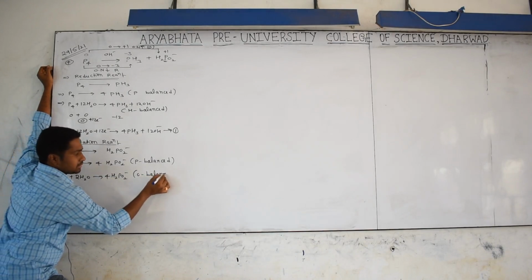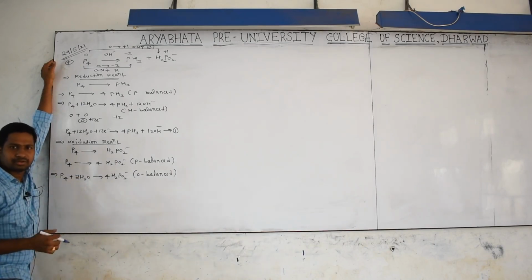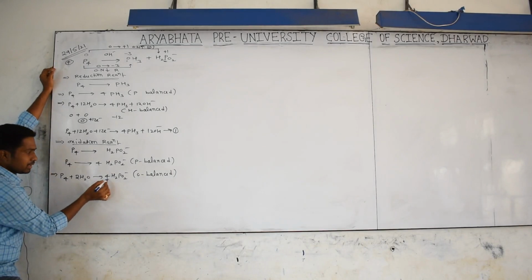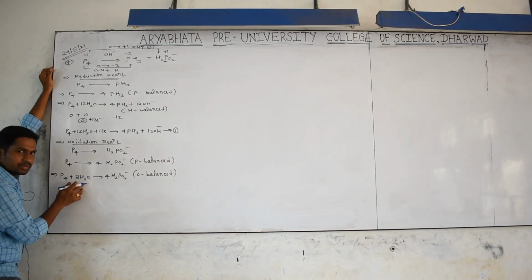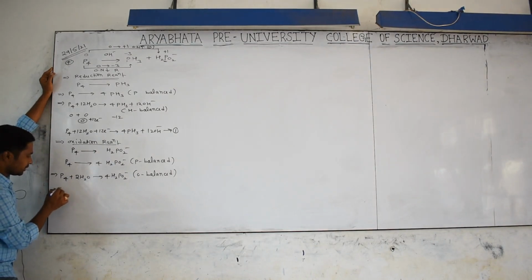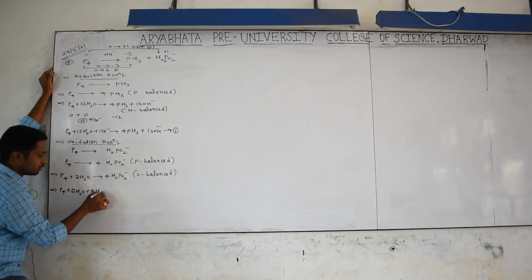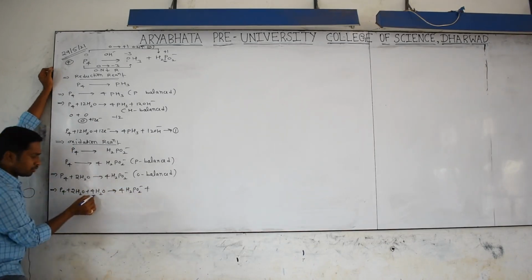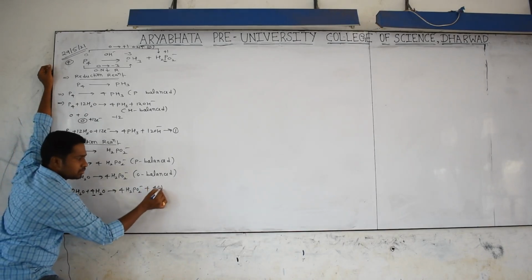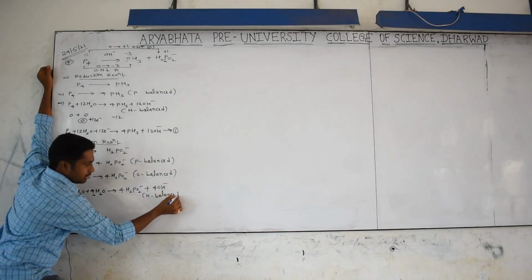Next, go for balancing of hydrogen. In basic medium it is somewhat different from hydrogen balancing in acidic medium. Here how many hydrogens are there? 8 hydrogens are there. Here already 4 hydrogens are there. Here there is a shortage of 4 hydrogen. Thus, to balance hydrogen in basic medium we should add water molecules. How many? 4. So the next step is P4 plus 2H2O plus 4H2O gives rise to 4H2PO2 minus plus, how many water molecules were added, the same number of OH minus will be added on the right side. Then automatically hydrogen is balanced. Check it. Yes or no?